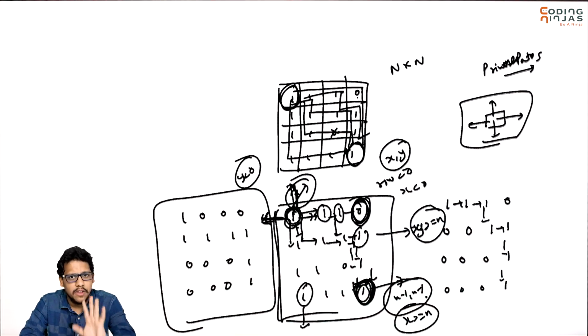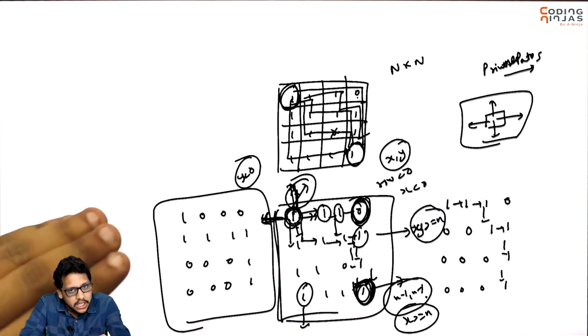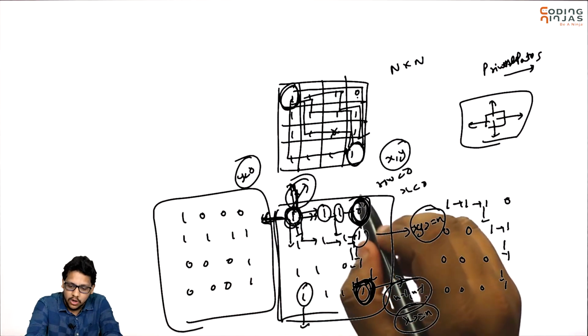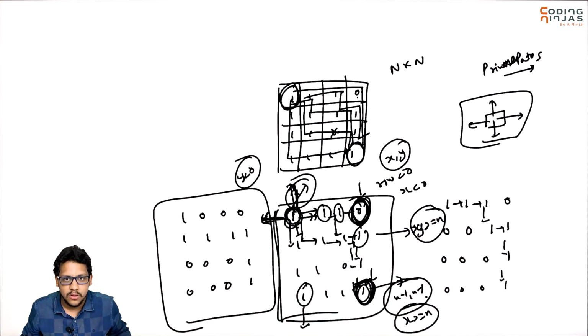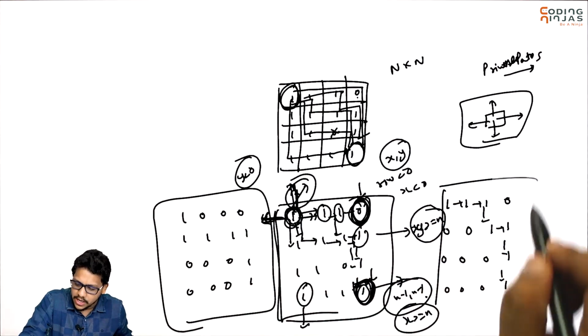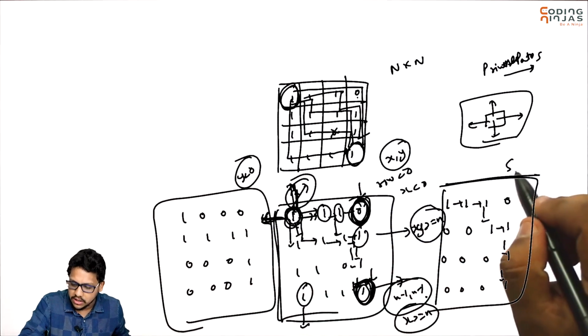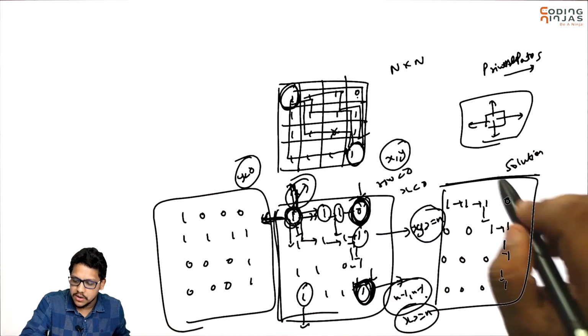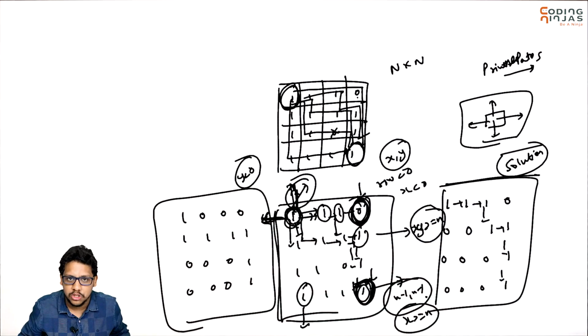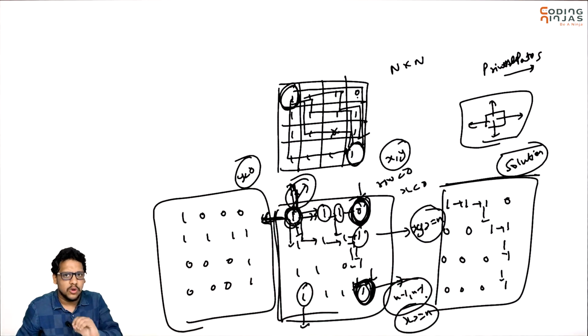So I think right now we have 5 blocking points: x less than 0, y less than 0, x greater than or equal to n, y greater than or equal to n, and wherever in your original maze 0 is present. Okay, and for printing all the solutions, I need to maintain a solution matrix with me, which will maintain all the solutions. Okay, so let's write some code for this.